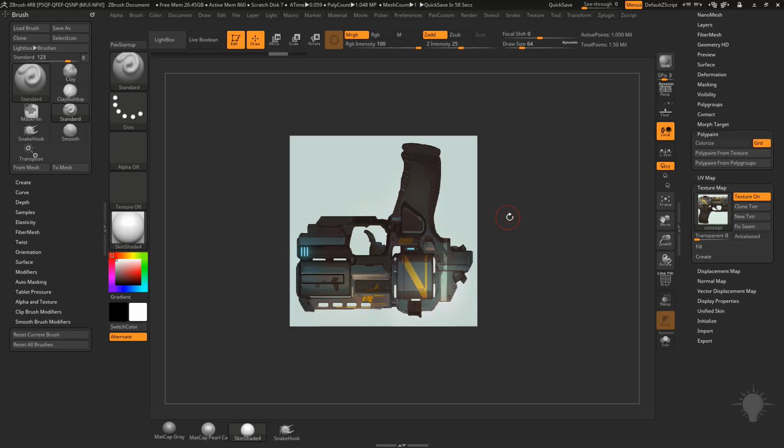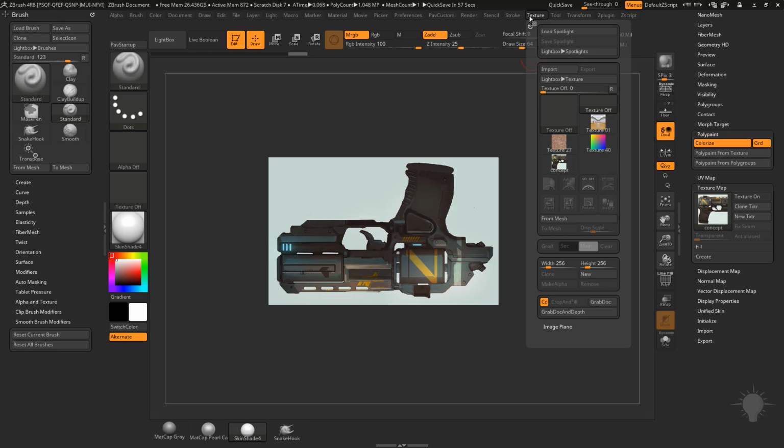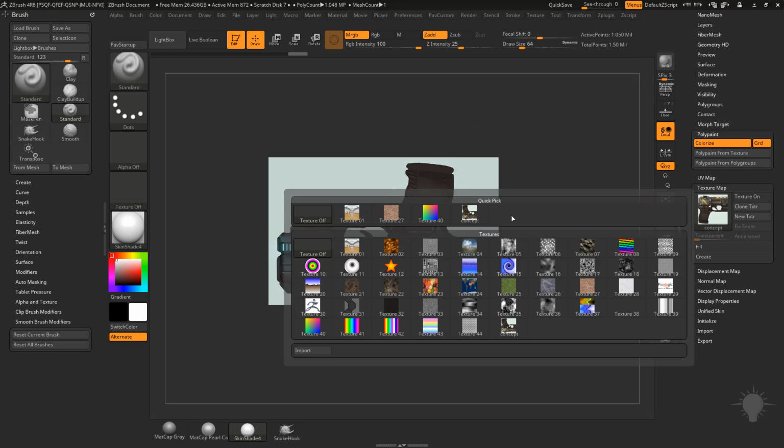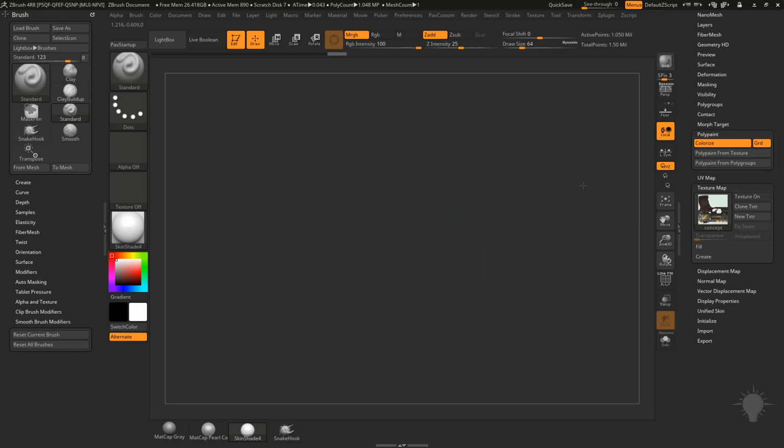However, if we undo that, hold down Shift and do Polypaint from texture, that's going to make our polyplane inherit the aspect ratio of our image. So now we know it's perfectly scaled. Of course, if you want to, you can also go up here to texture, select it, flip it vertically, texture off, and then when you reselect this one, it'll be oriented correctly, and then we'll hold down Shift, Polypaint from texture, it'll snap your plane to the right dimensions,